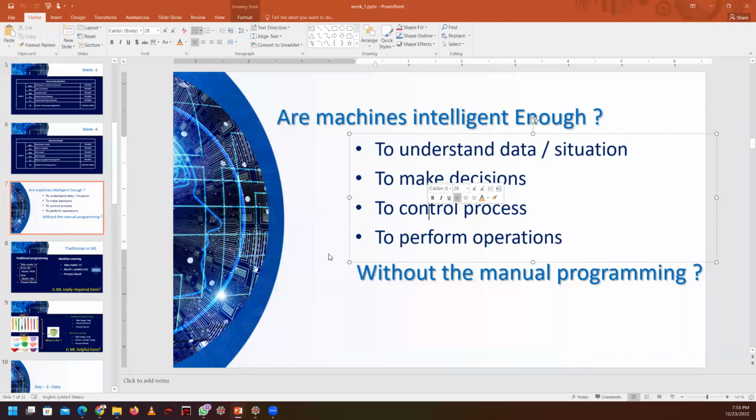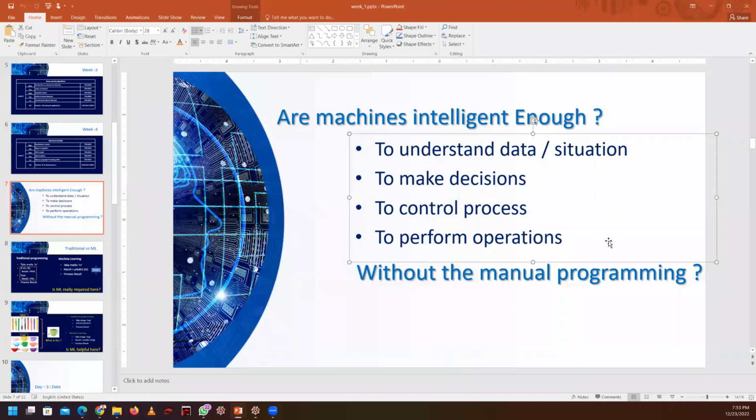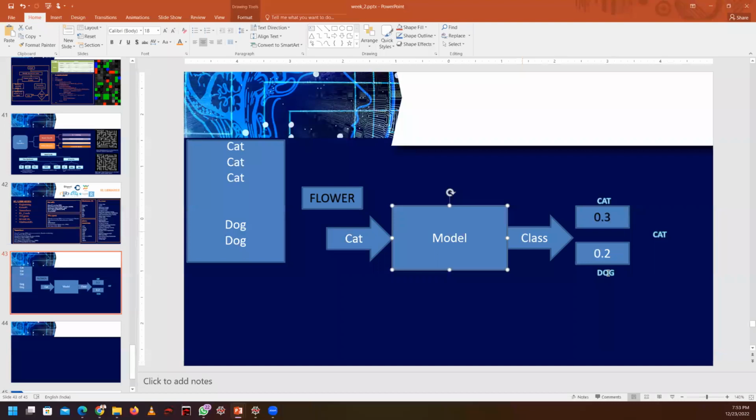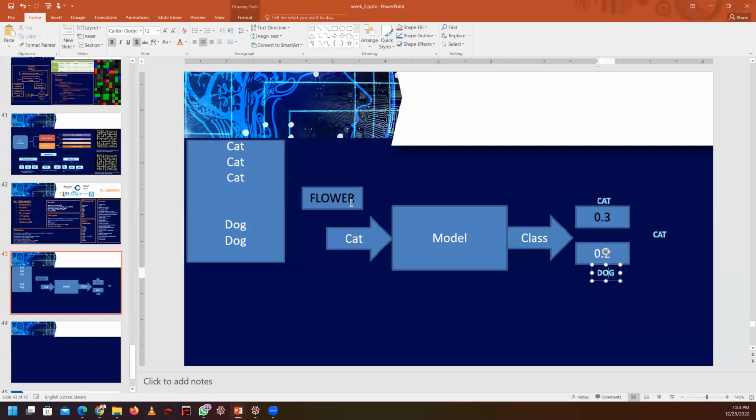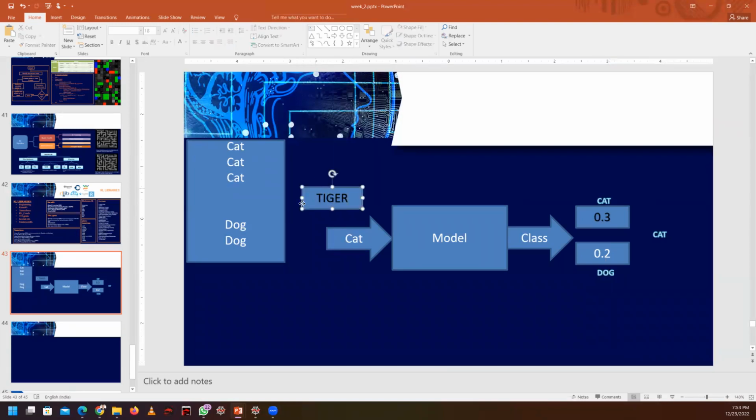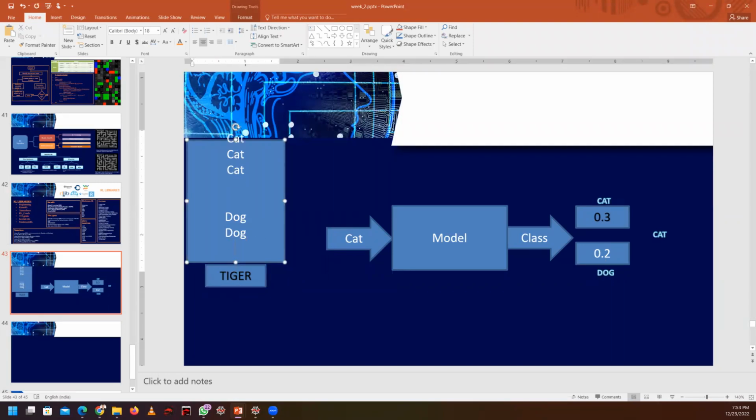You are intentionally misleading, right? You train this model only for two categories, a cat and a dog, right? So you have to use this model where only two categories are there. If you want to train your model for tigers as well, what do you have to do? You can use transfer learning, or continuous learning, or you can retrain your model by adding a few tiger images here. Now we have two cases, right? So you can add some tiger images in the data set, and you can add one more class here.